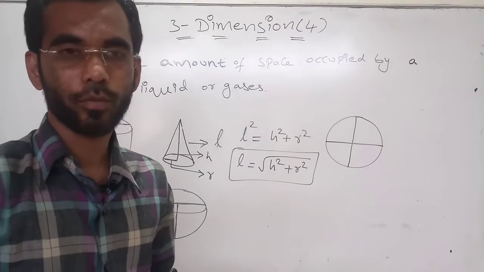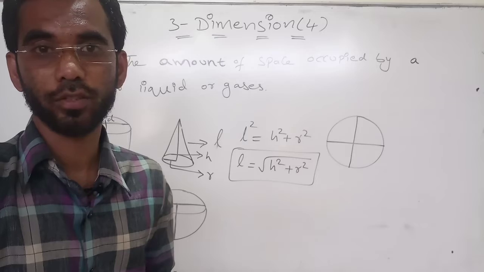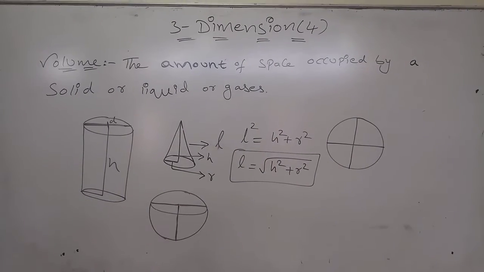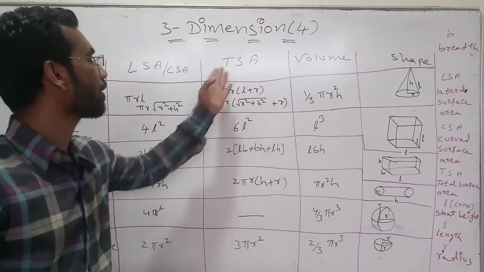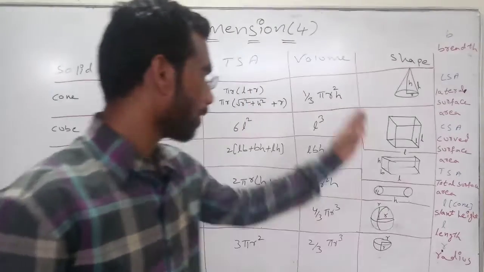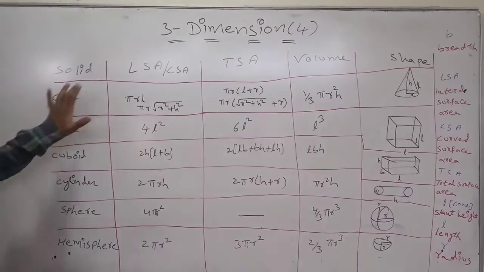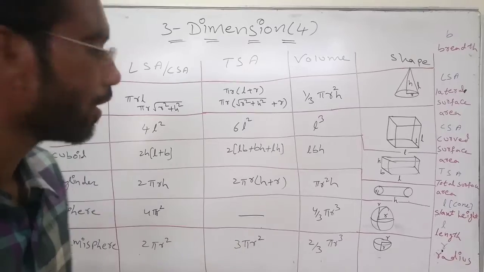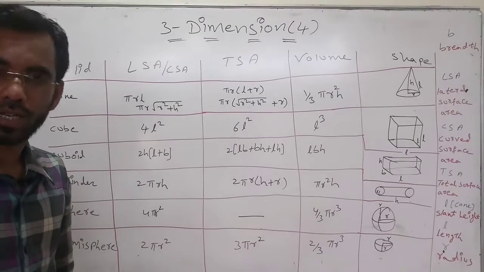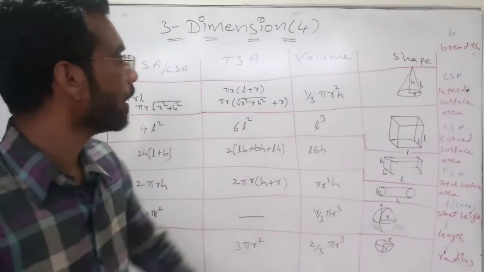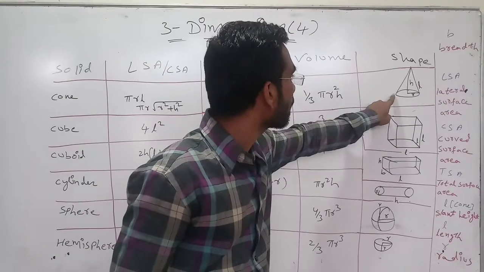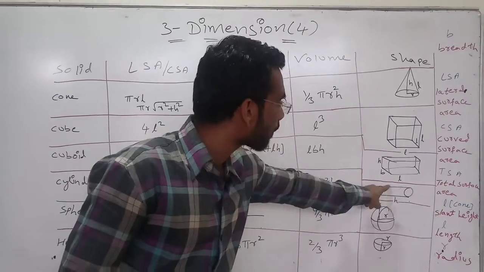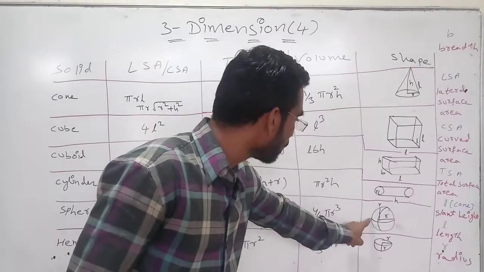We will see in which cases lateral surface area is used and in which curved surface area is used. These two are equal. Wherever you find a little bit of curve, it is called curved surface area. Especially for the cone, see here, there is a curve, so you will use curved surface area. In a cylinder there is a curve, so you will use curved surface area. And for a sphere, you will use curved surface area.